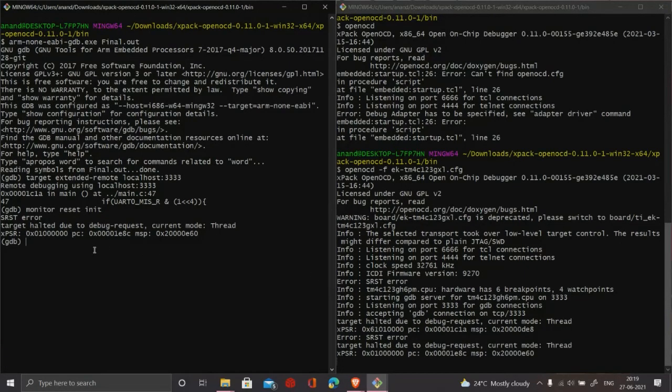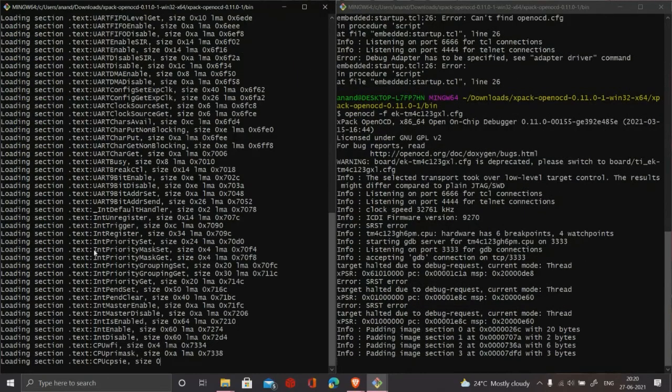At this point, we can flash our binary file. To flash our binary file, we just need to use this command: load followed by the name of our binary file, which is final.out.